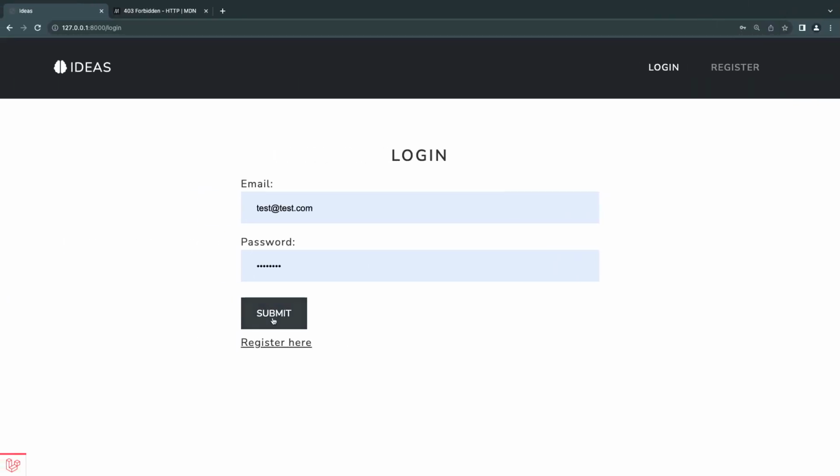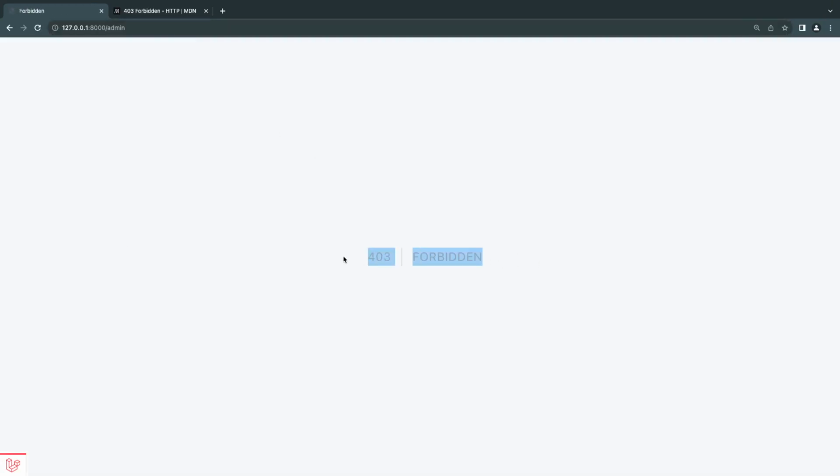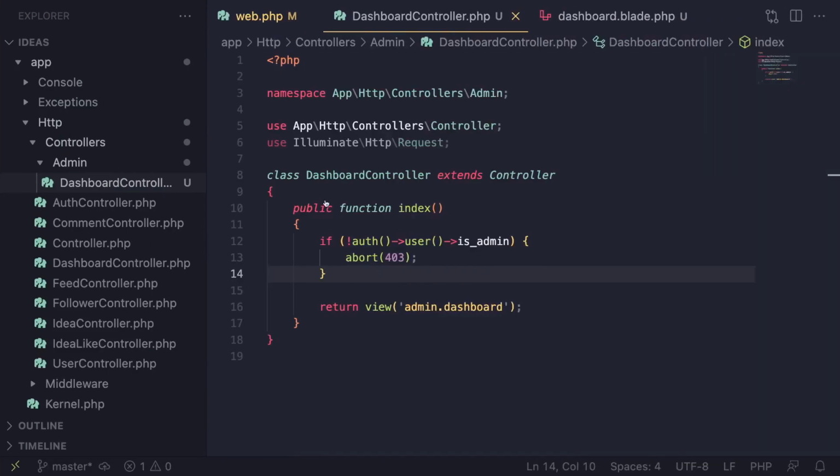So let's log in first and then try to access it. Let's do /admin. Now we're getting 403 forbidden. Okay, so that's the simplest way of doing it. And if you have a very simple application like one page, you can go ahead and do it. So another thing we can do is we can go ahead and use a middleware like we have been using